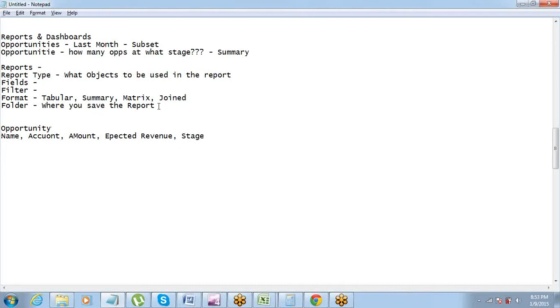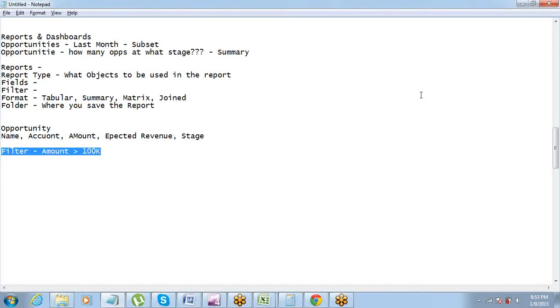Okay, this is the report that I want to create. These are the fields that I need on the report, and I want a filter which will be amount greater than 100,000. So only the opportunities where the amount is greater than 100,000. This is what I want to see.